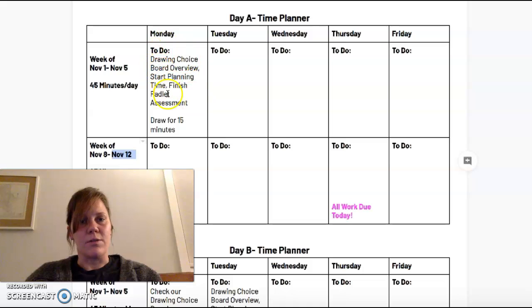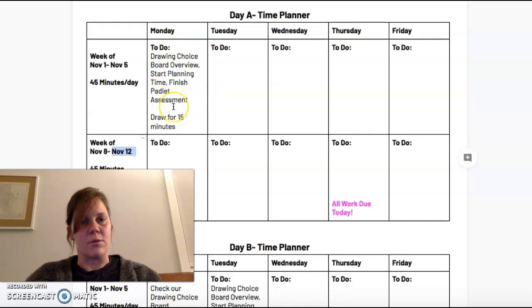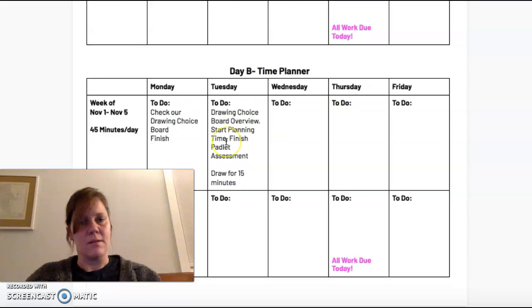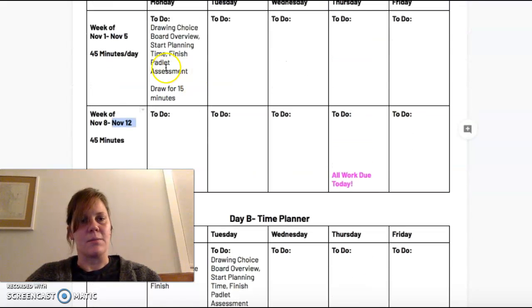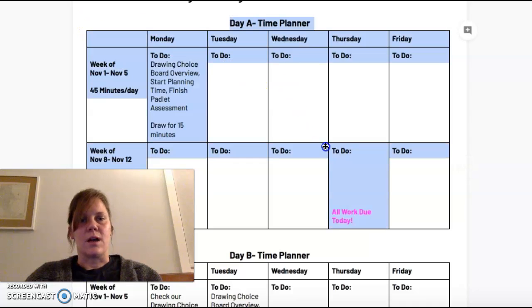So tomorrow, if you're a day A student, I wrote in what you're going to be doing. If you're a B, I've written it in. And if you're a distance, I've written some things in. But you're going to copy and paste this. You're going to copy and paste your section, and then you're going to put it into Notability in your art folder. And I mention this because